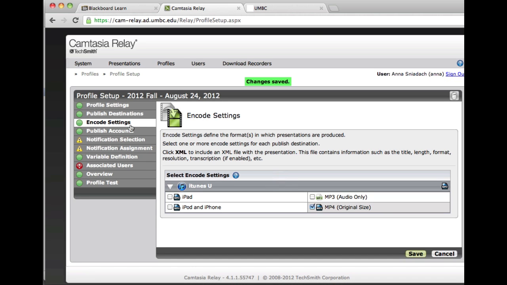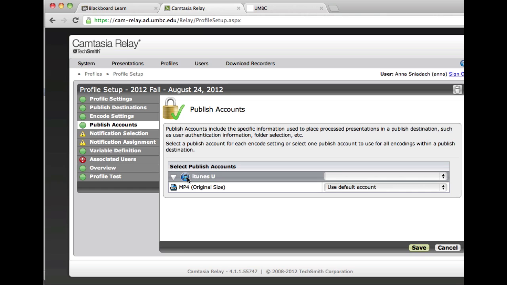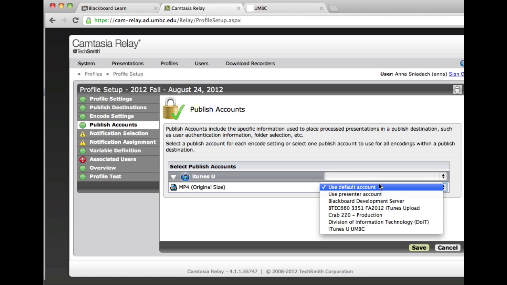And then we're going to go to publish accounts. If you click on the drop down, there should be one here for the course. See, I've already started one for Dr. Moreira's class for this fall and created a publish account for his particular course. So once you get to this step,